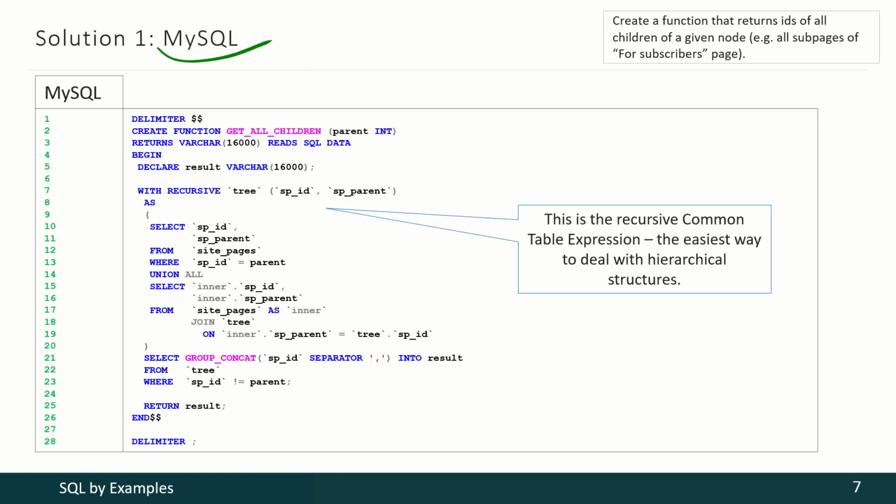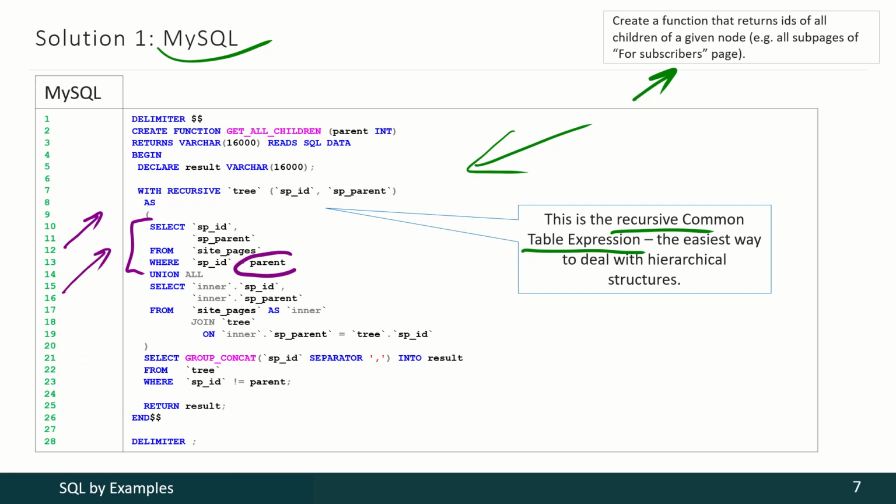Let's start with MySQL, and here we shall follow the most common and the most simple way to achieve that result in relational database management systems. We shall use recursive common table expressions. A recursive common table expression always consists of two parts. The first part is for the initialization purpose, and you see that it selects that parent node itself, and then we use union operator, and then we use that recursive part. That recursive part references the common table expression itself, that's why it's a recursive one.